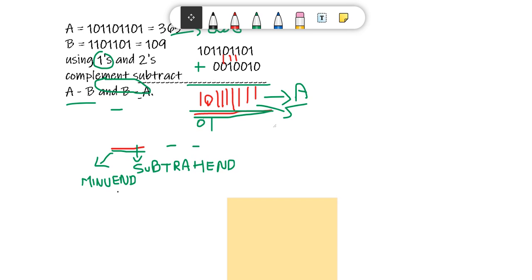I think I missed one here. So basically you will get the direct answer, which is nothing but 256. So when you add it, you get it, and again you change that to the complement form.